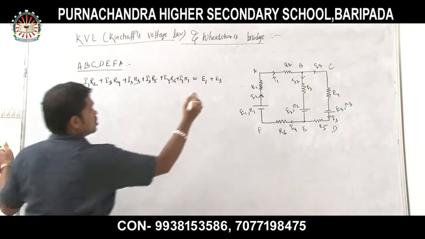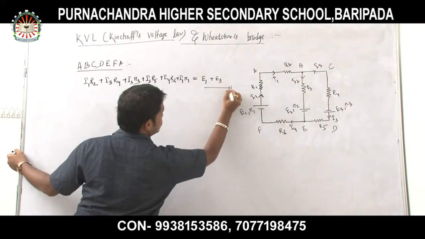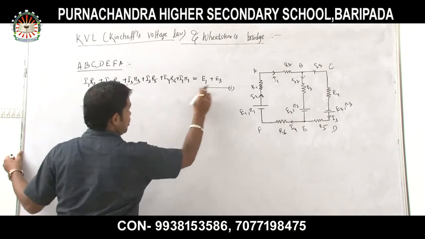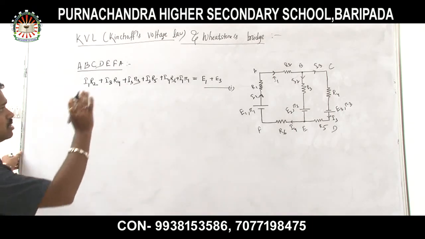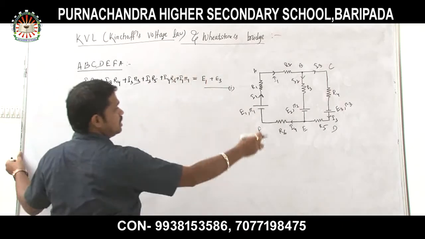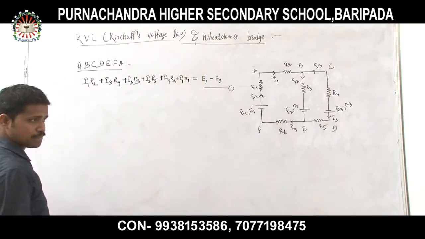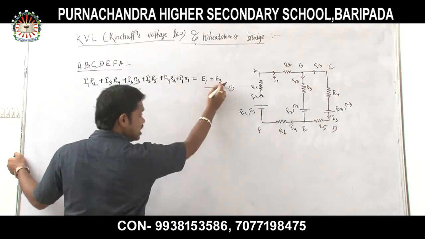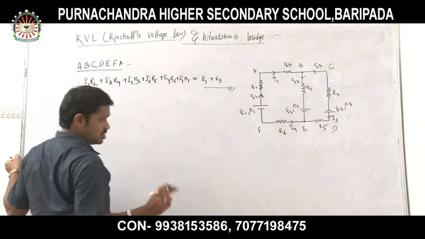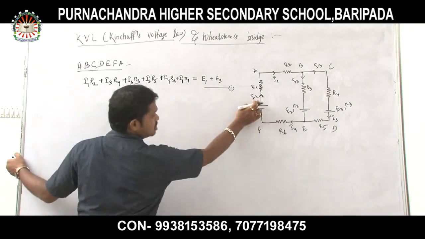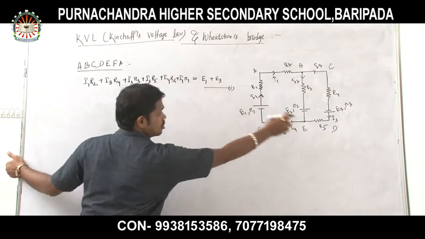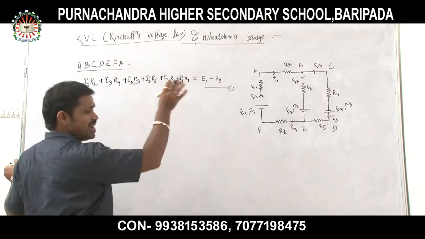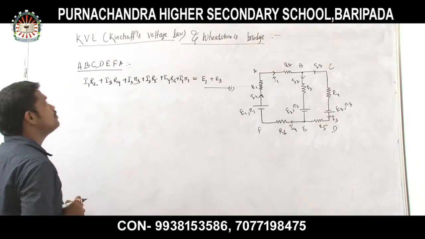Understood all of you? So this is equation 1. From equation 1, we will verify how the KVL applies to this loop A, B, C, D, E, F, A. Very simple. Clear? So again I will repeat one thing: E1 and E3 are positive because E1 is producing a clockwise current and E3 is also producing a clockwise current during my movement. Understood all of you?